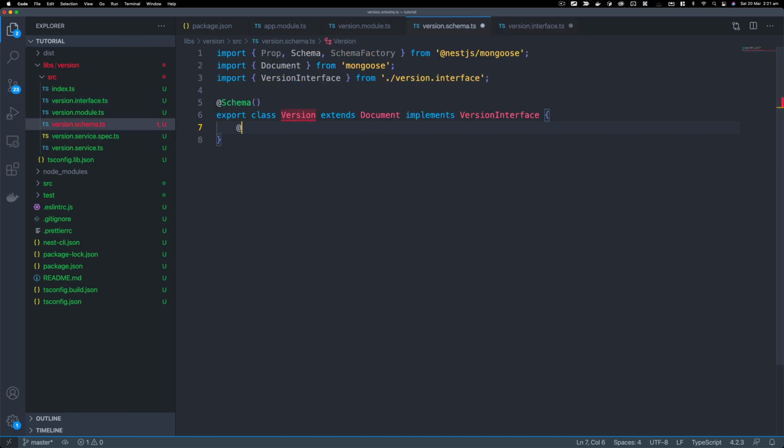We're going to use a decorator. That would be a prop. And this will basically take an object. And here we've got some options for our property. Well, we're just going to set required to true for now. All right, and I'm going to use name. Type is going to be string,